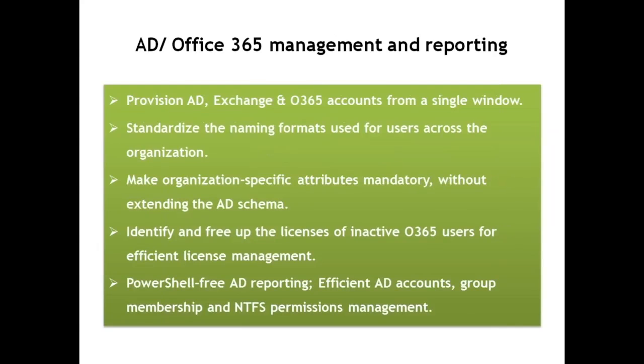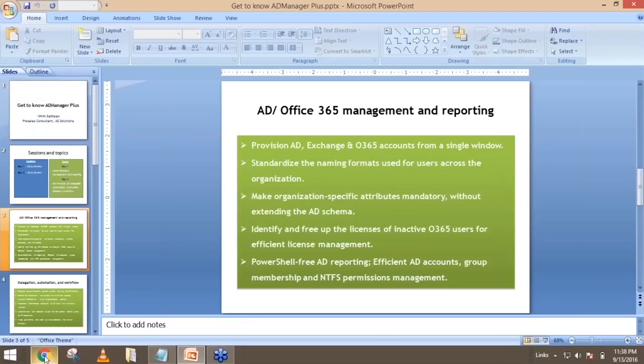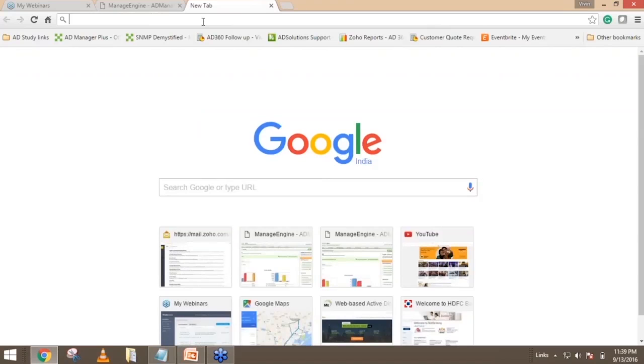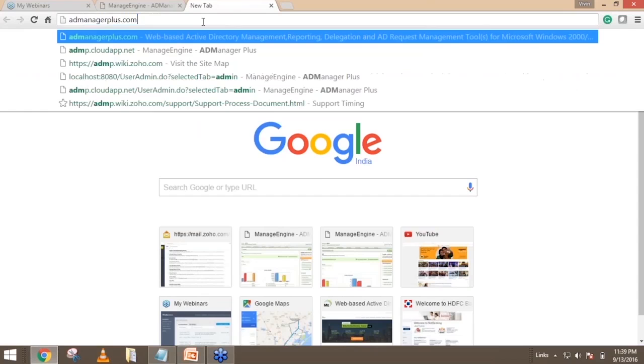But for now, as I said, we will be focusing more on management and reporting. All right, so let's get started here. Let me log in. Now, if you have the tool installed in your laptop or one of your servers, you can access it. And some of you who might not have installed the application, all you need to do is just go to